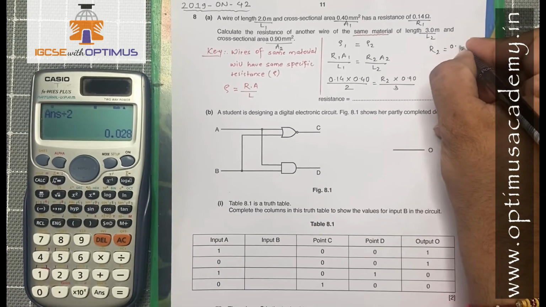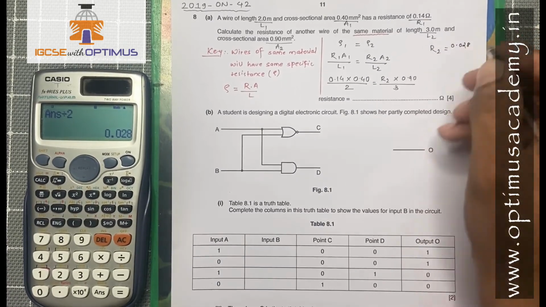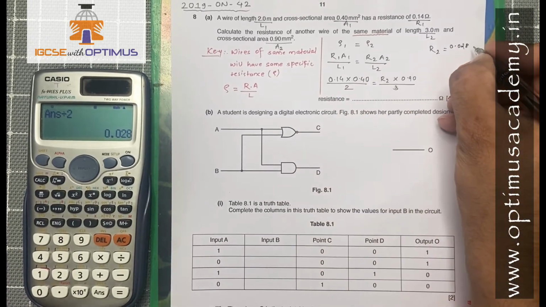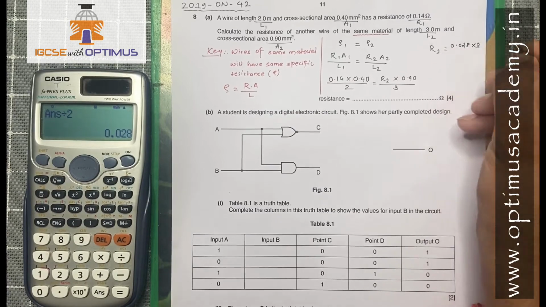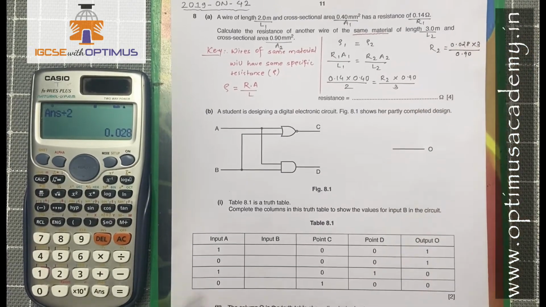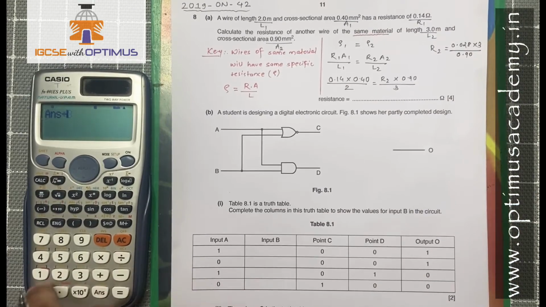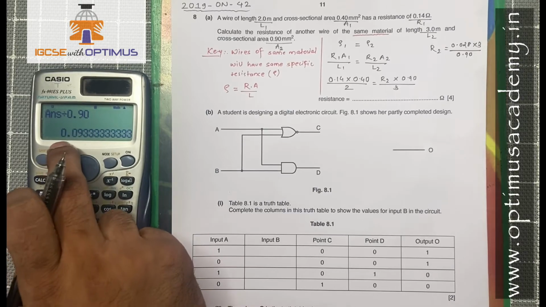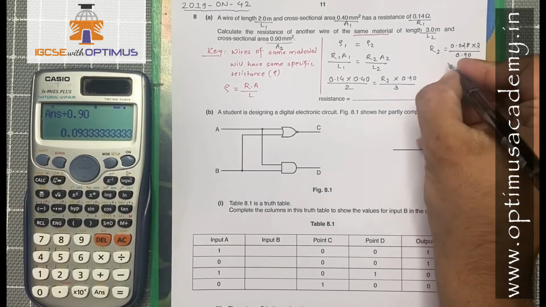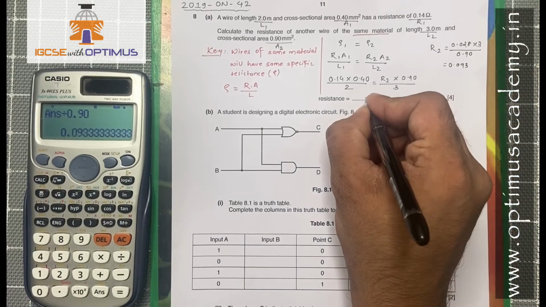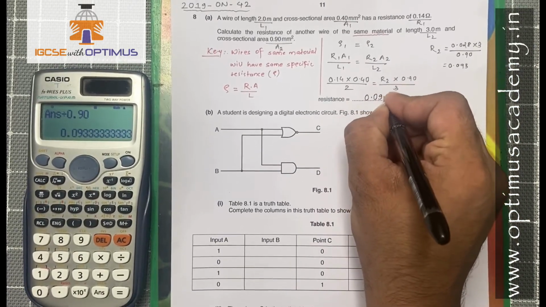So 0.028, you can multiply 3 on this side, so 0.028 into 3 and divided by 0.90. Divided by 0.90, your answer is 0.093. So the final answer is